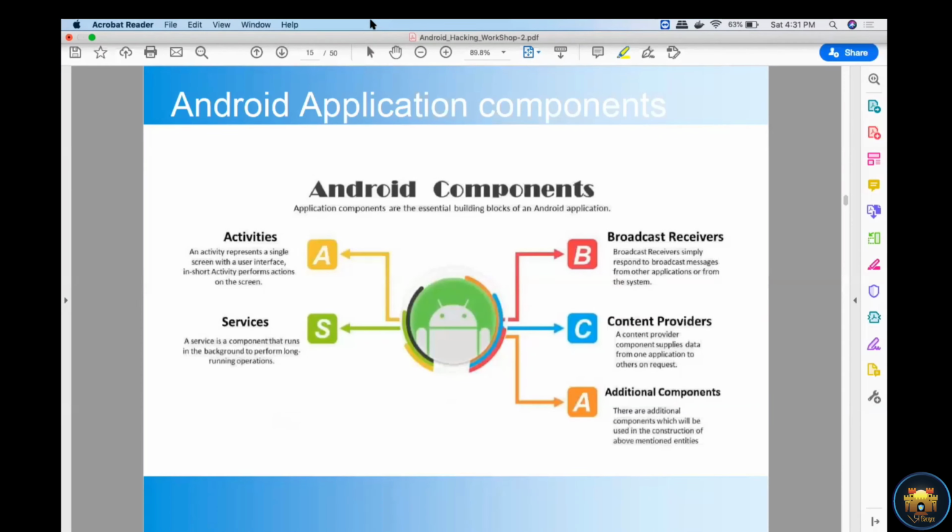After that, move on to services. For activities, user interaction is required, while services are long-running. Suppose you want to play music. This music should play in the background, so services might run in the background with no need for user interaction. This is called a service.